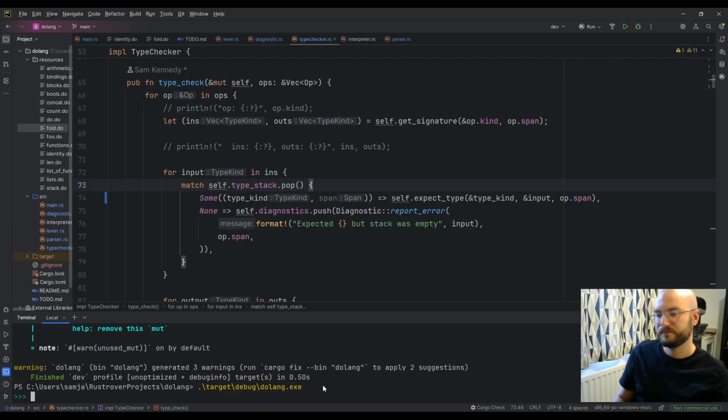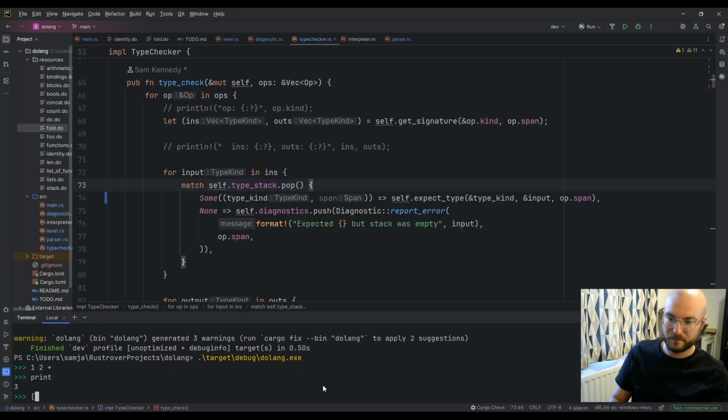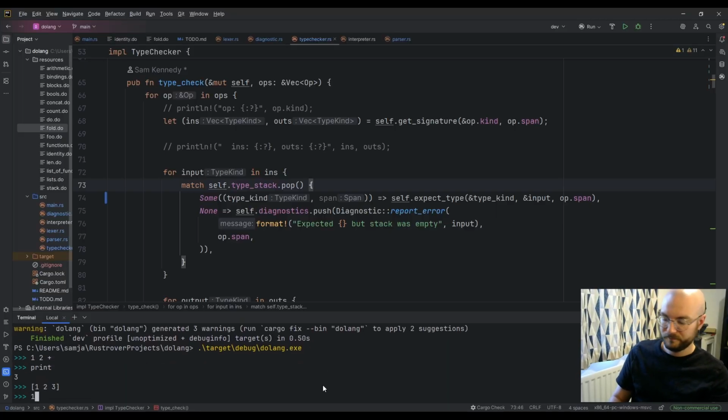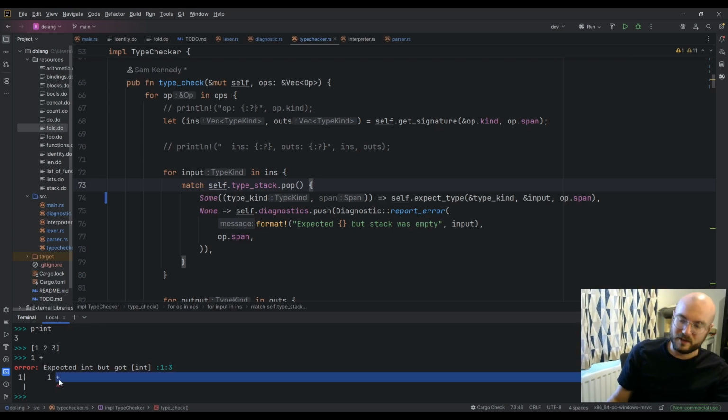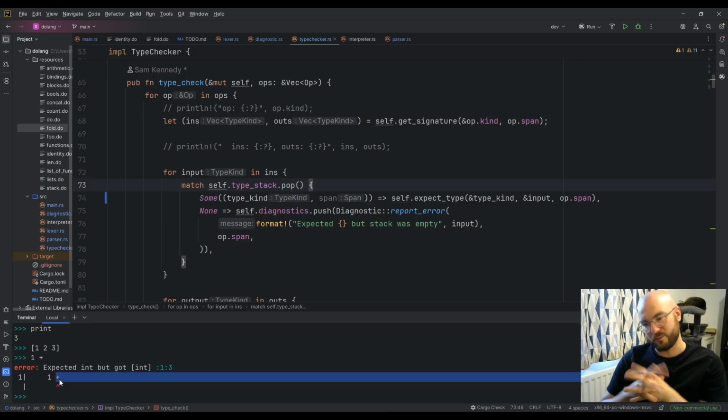So if we do this example now, yep. So this is the thing. It's the plus that's expecting the int, but it got an array of int. But it's kind of annoying because now you don't know where that array of int came from. So I think the correct solution is for this to print both.